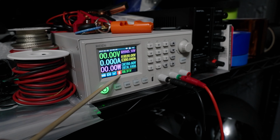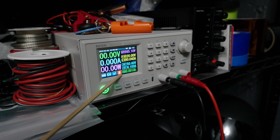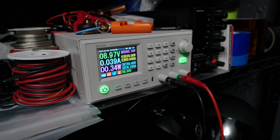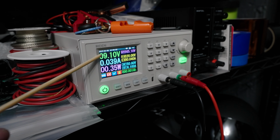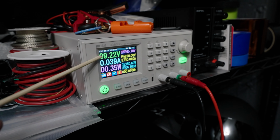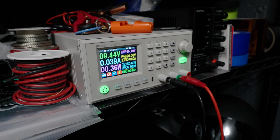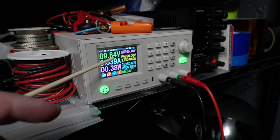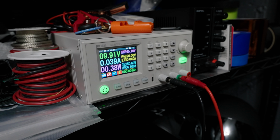And so now that it's hooked up, we have an indication that it does detect that it is connected to a battery, and we are going to turn it on. It clicks on, and you'll notice the voltage rise relatively quickly. And that is because at that low a voltage, there simply is just not a lot of energy left in the cell. Now, while this voltage very slowly climbs, well, actually very quickly climbs because we are reaching 20 volts